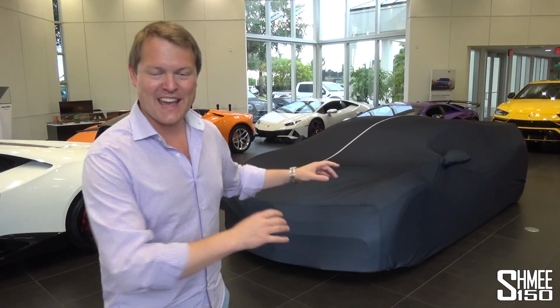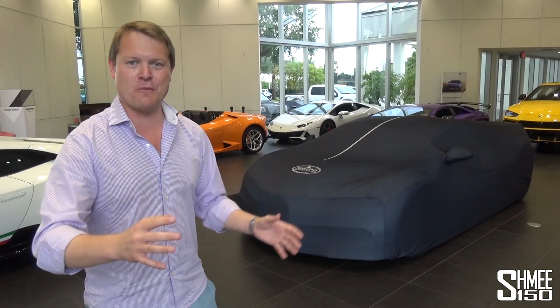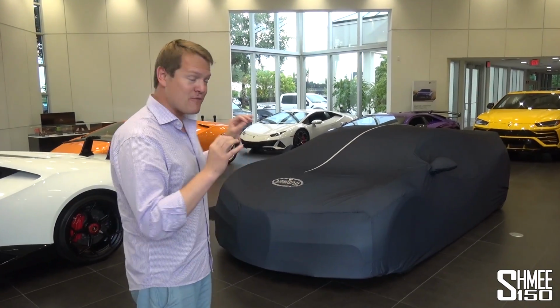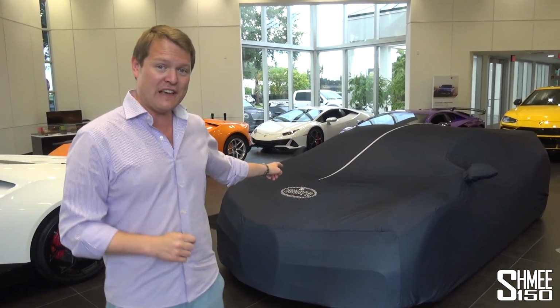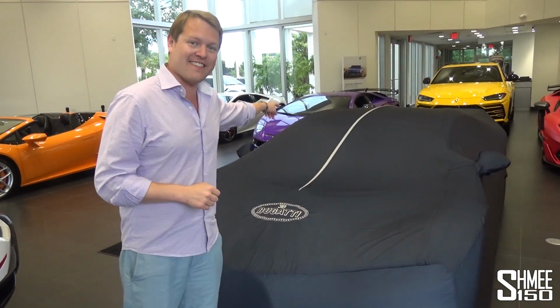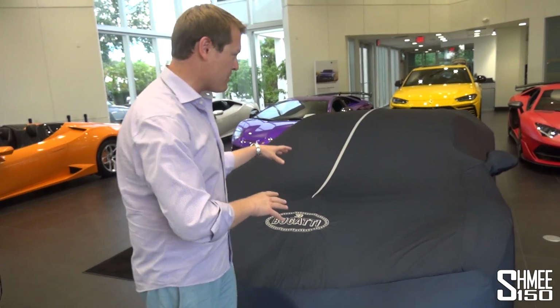And this, by the way, is a Chiron Sport, the Sport being the more dynamic car, a few changes, some weight saved, but it's the first one here in the USA that has the sky view roof option. I'll show you that in a moment. It is very, very nice. The cover itself actually is a pretty cool way to begin. The finish of it also has that center line